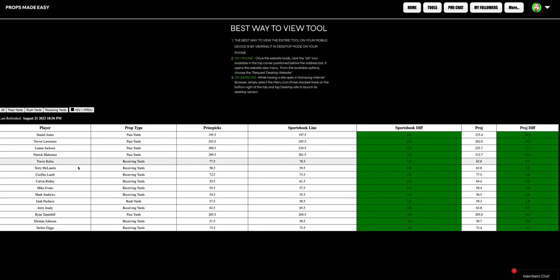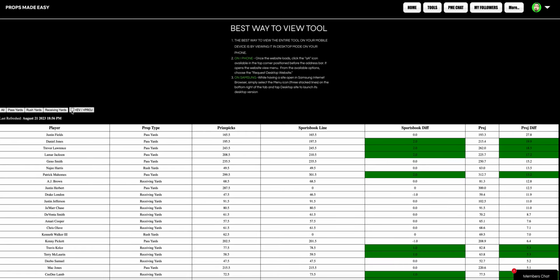Now, you'll notice you don't see some guys here. That's because they must not be plus EV plus projection. You might be able to find them here. Now, just because it's not plus EV doesn't necessarily mean anything, okay? Because at the end of the day, let's say you're looking for a few plays and you just want to take a look at any big discrepancies. Using the projection differential alone, you'll see it's white. Doesn't mean it's a bad play, because if you can see